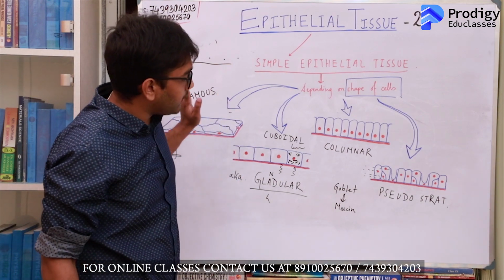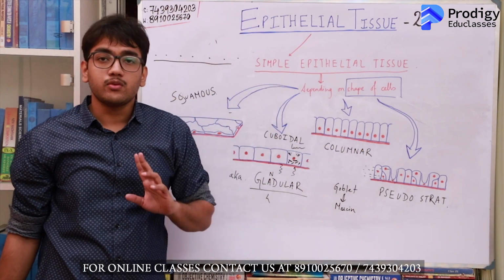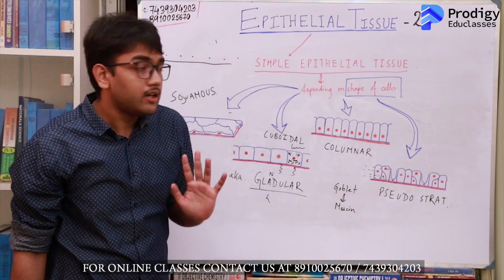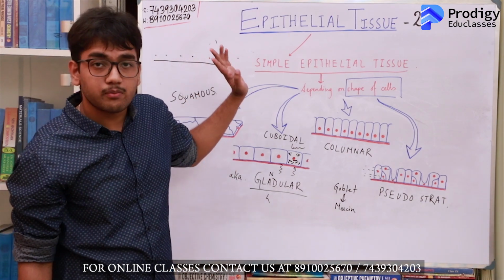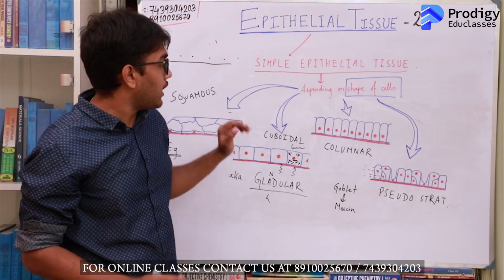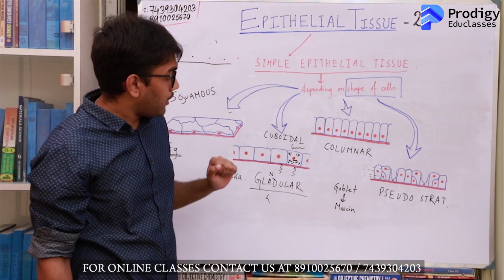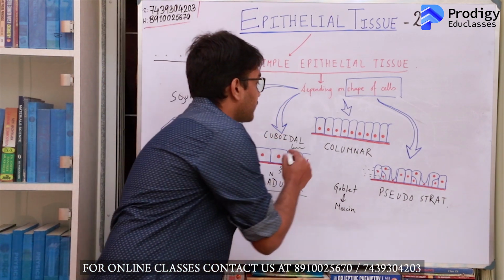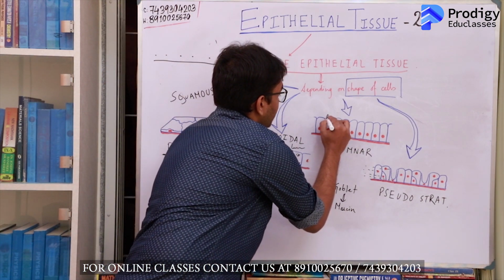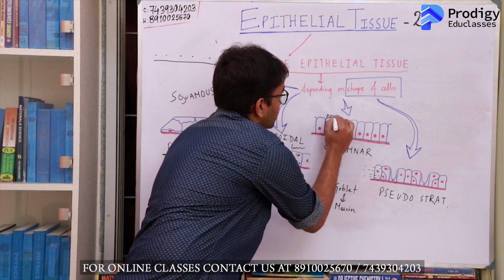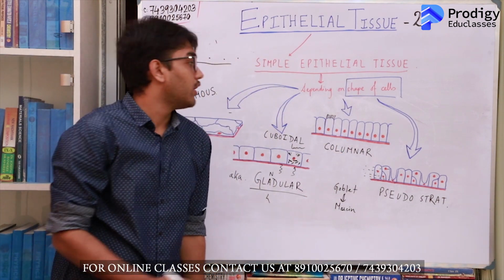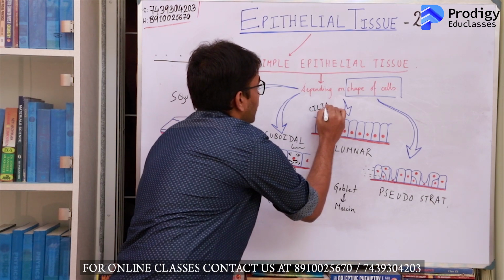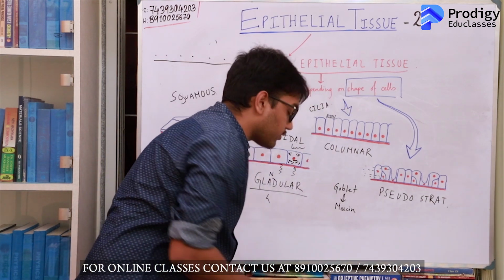So you have discussed the basic types of epithelial tissue, and now you need to know some surface modifications of the epithelial tissue. You have already heard about the brush bordered epithelial tissue, which we have discussed, and they are present in the nephrons. But if you look at the respiratory tract, you will find that the cells of the respiratory tract contain some surface modifications of hair-like structures known as cilia. Now what do these cilia do?